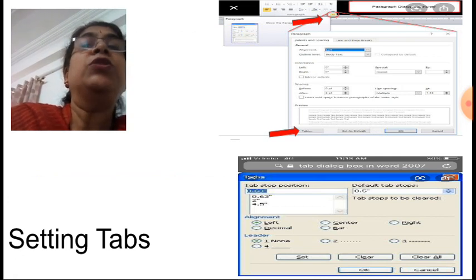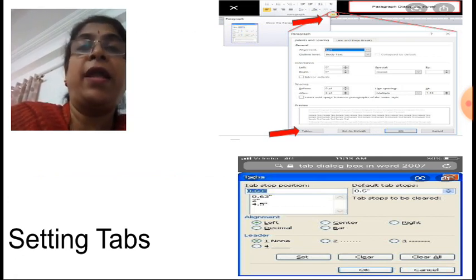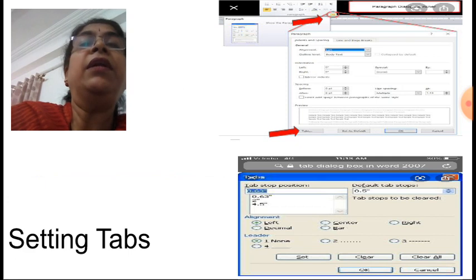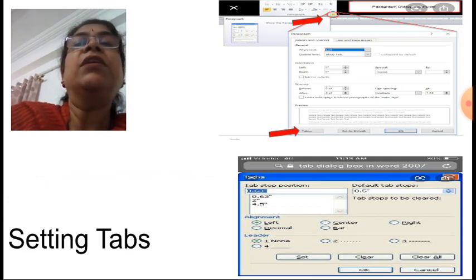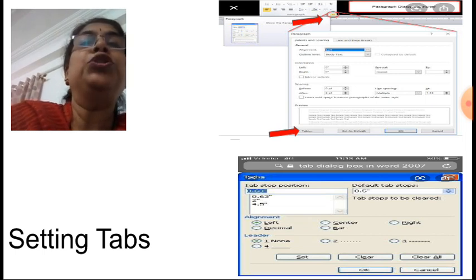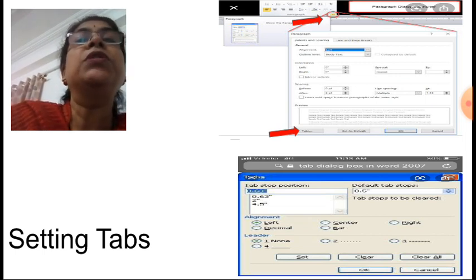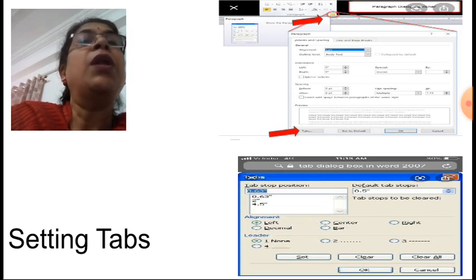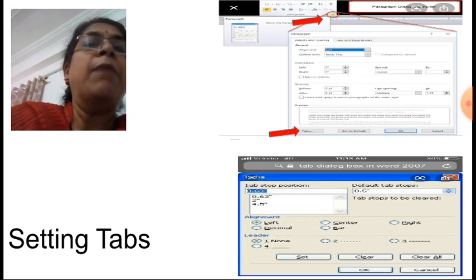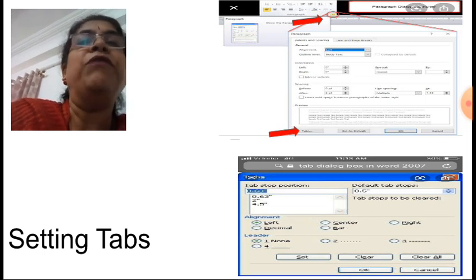Now after that we saw tabs. How to say tabs? Tabs means certain intervals. At certain intervals we can give the text. So to move the cursor from one tab position to another tab position, we have to use the tab key. Now for that, click on the paragraph dialog box launcher, select the tab option, and a tab dialog box opens in front of you, and through that you can set the tabs according to your wish.